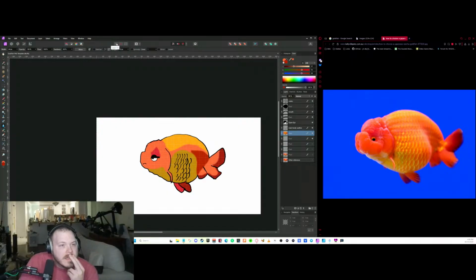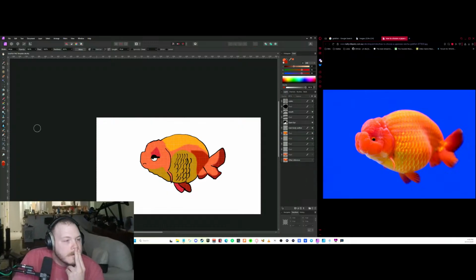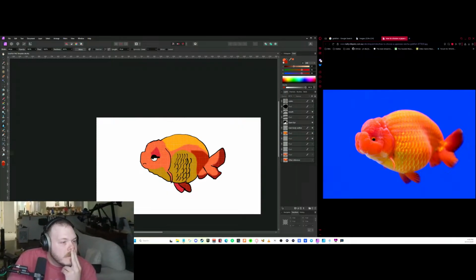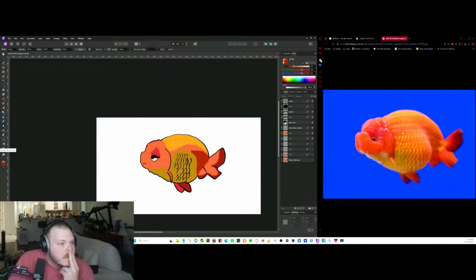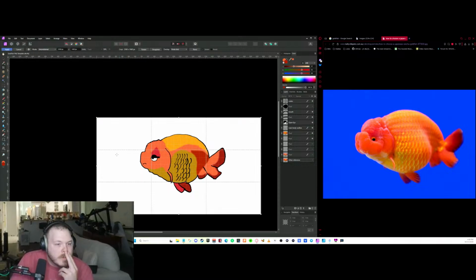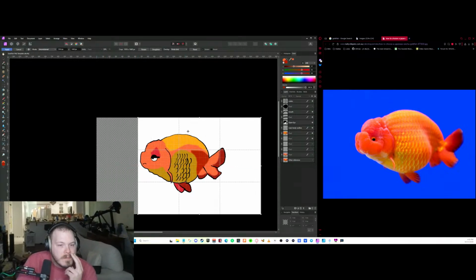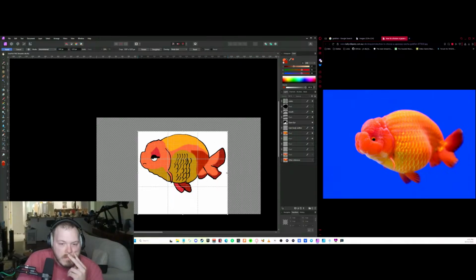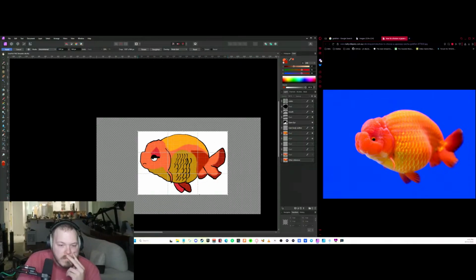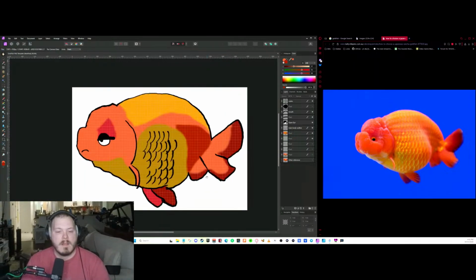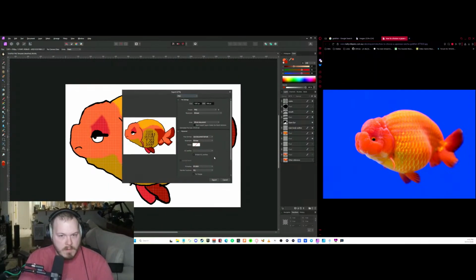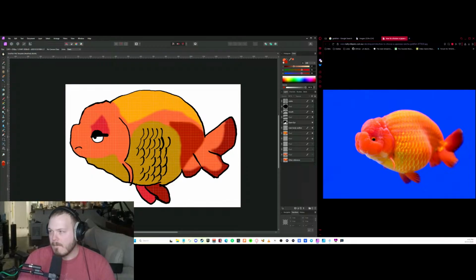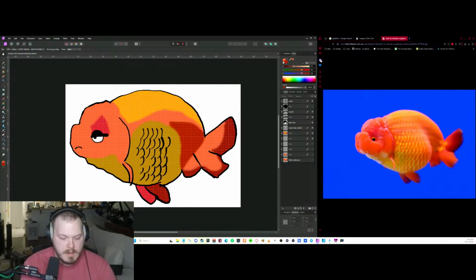Quick mask, select all. Crop tool. Okay. So we will do this here as